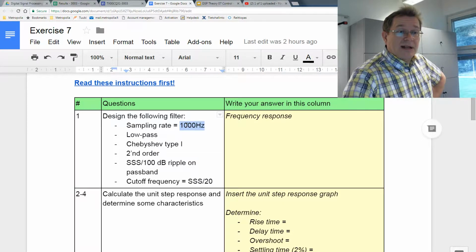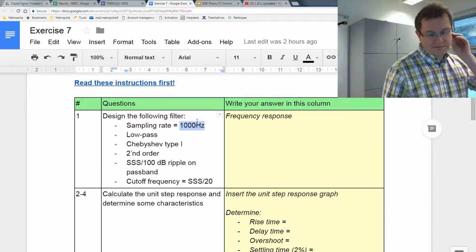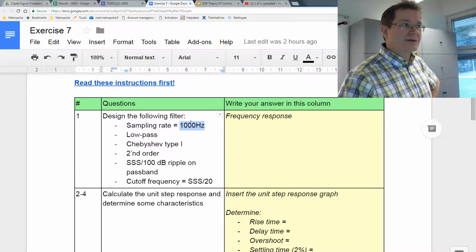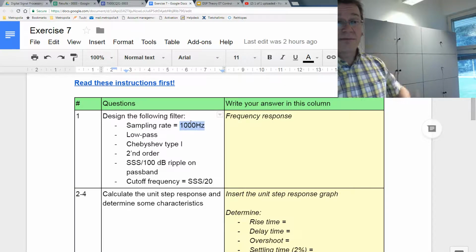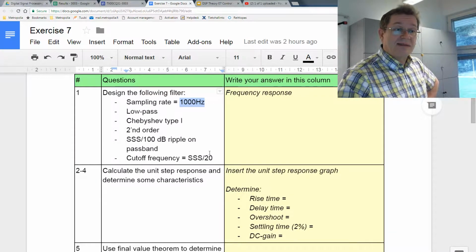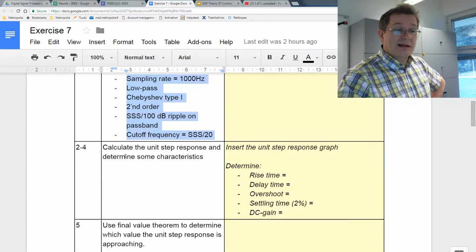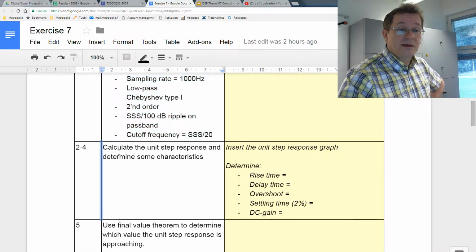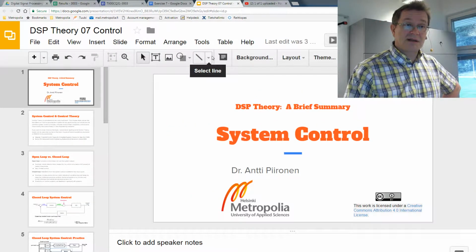Although this is already quite a fast sampling rate for bigger systems, depending on the application, of course, it could be a sampling rate for some system, and basically this is just to get some transfer function to play with, and basically to find out the unit step response and the characteristics, which were on